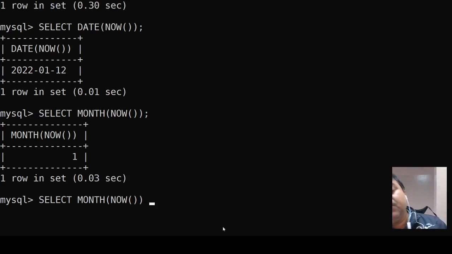Now suppose I want to rename this column. By default, this particular thing we have given, its name is coming here. Okay, now we want to make one name. What suppose we are giving here